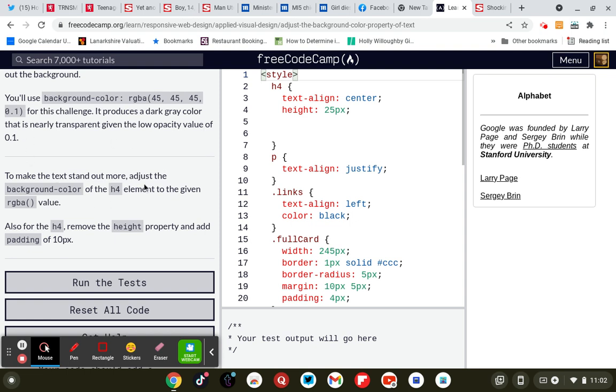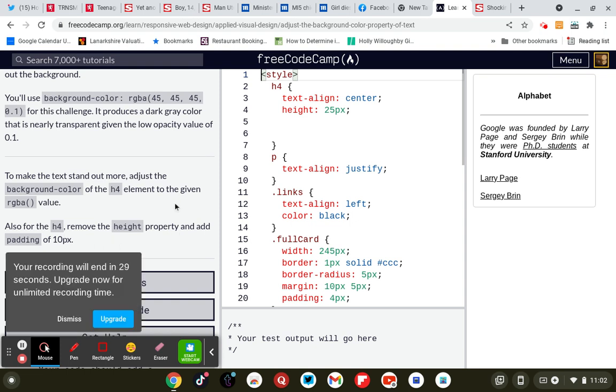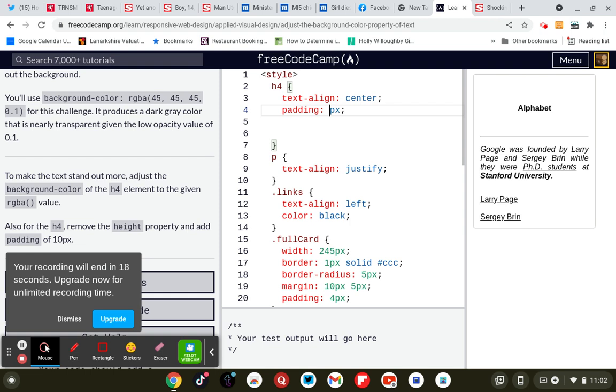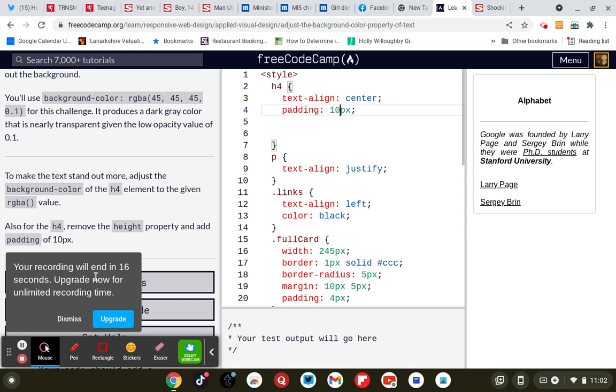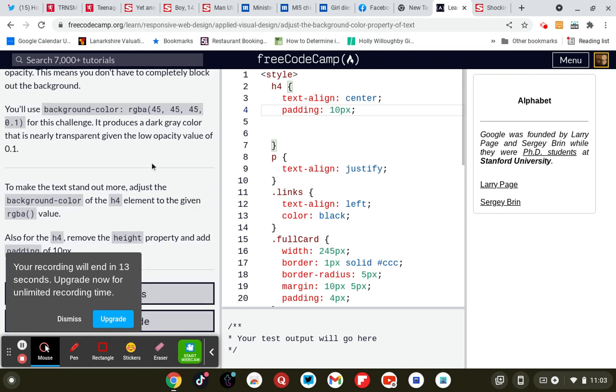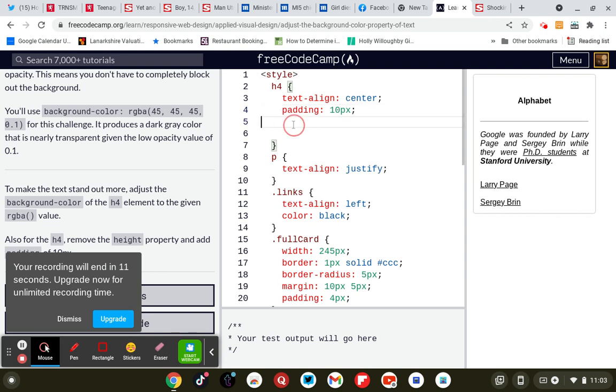To make the text stand out more, adjust the background color of the H4 element to the given RGBA value. Also for the H4, remove the height property and add padding of 10 pixels. So if I put padding 10 pixels and then put opacity, so background color